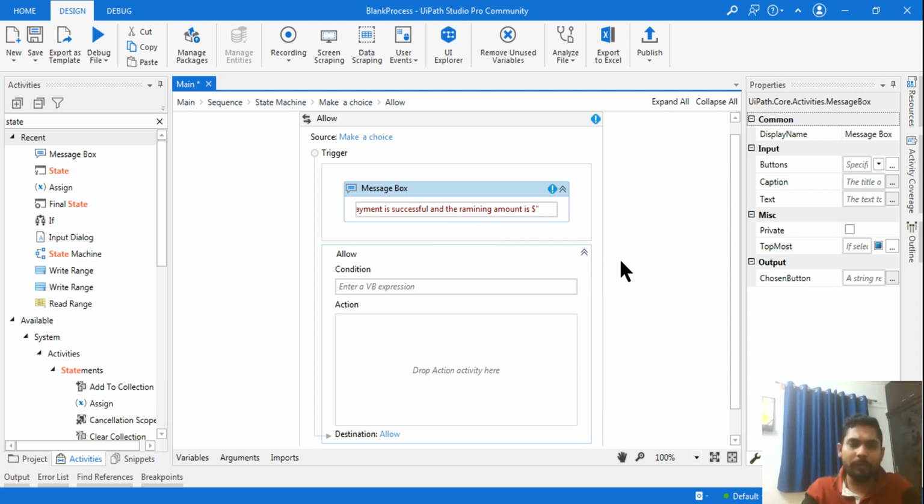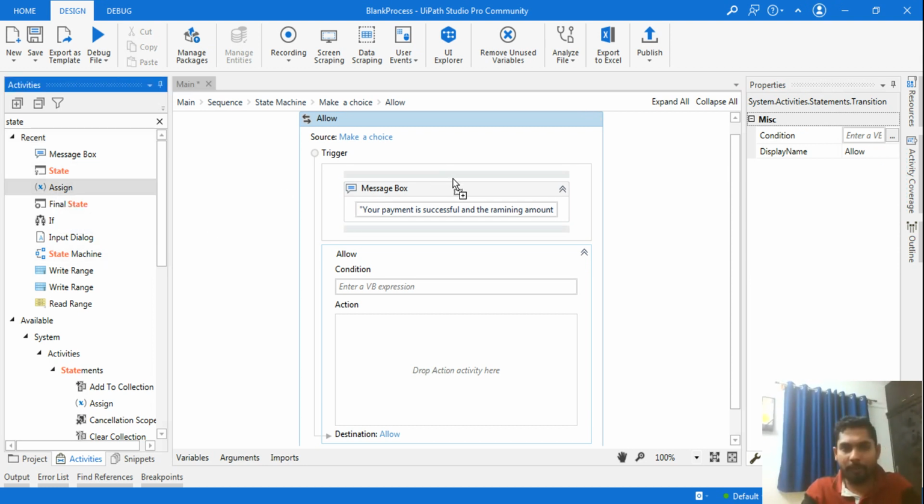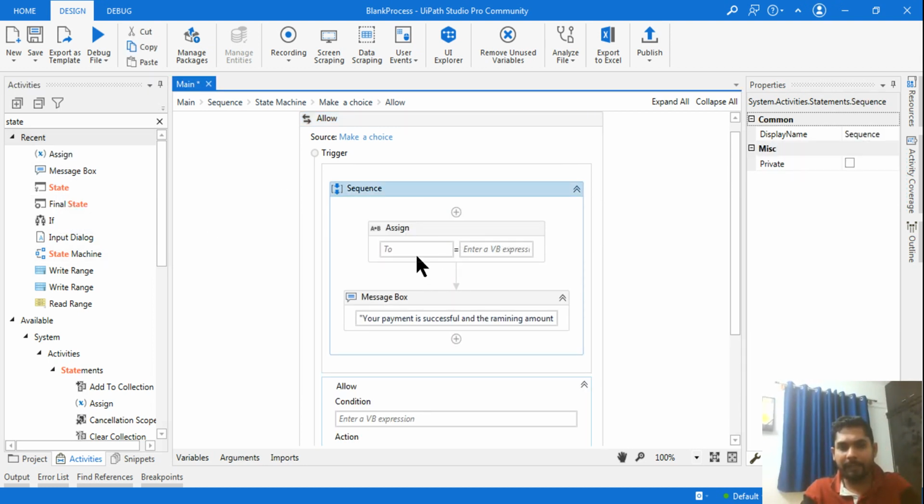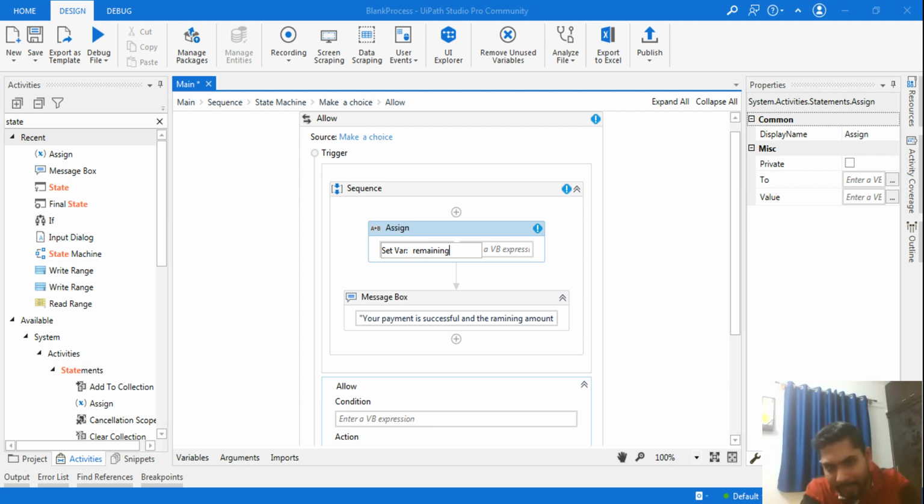For the remaining amount, what I will do is use an assign activity on top of this. Okay, and here let me create another variable, Control plus K, and I will say remaining or balance, right? Simply create a variable called balance.